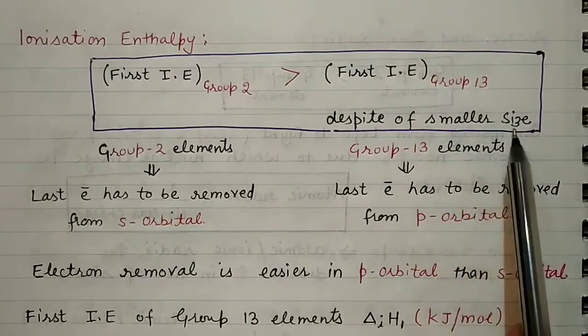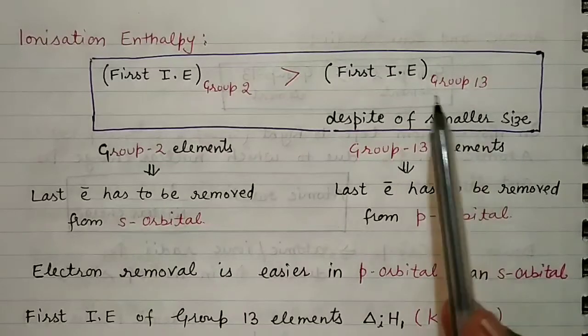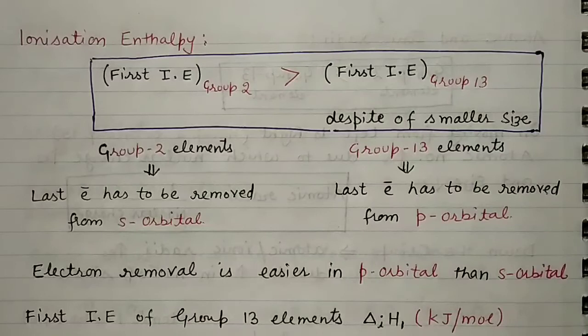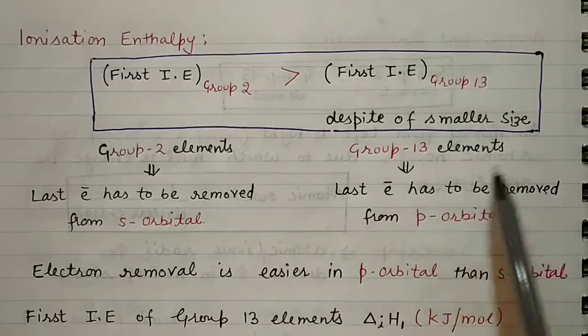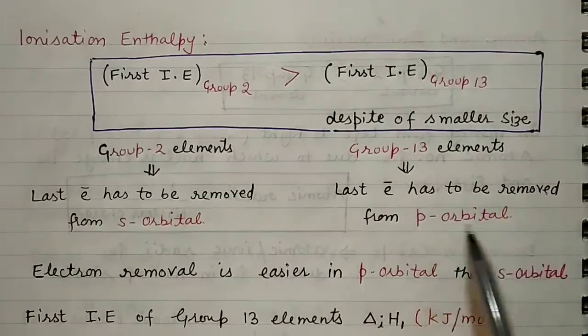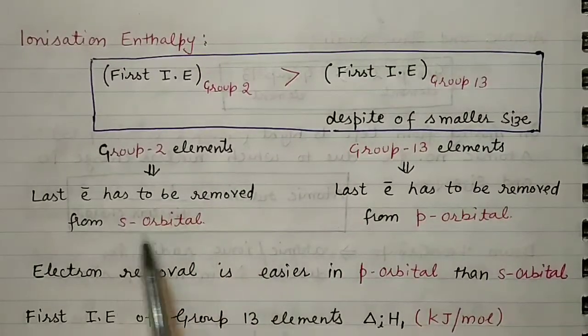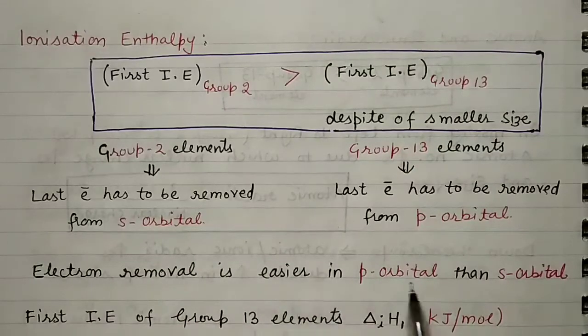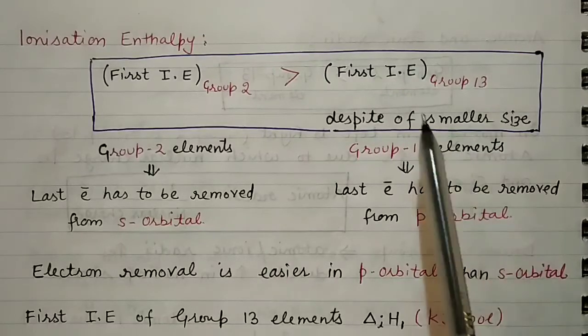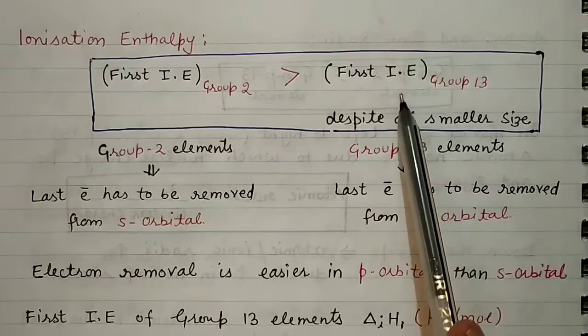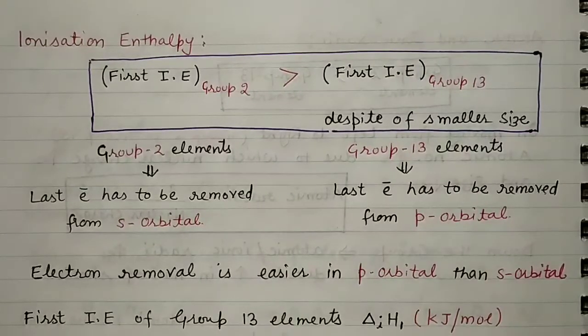Despite the smaller size of group 13, it will have the lower value of ionization enthalpy, because we know that in a group 13 element the last electron has to be removed from the p orbital, and in group 2 the last electron has to be removed from the s orbital, and we know that electron removal is quite easier in the case of p orbital than in s orbital. That's why in group 13 the first ionization enthalpy will be lower than that of group 2